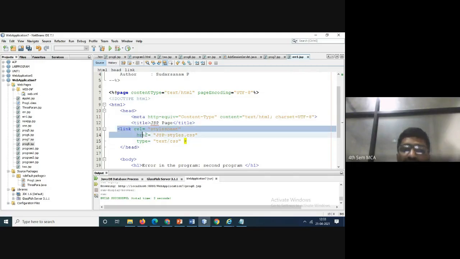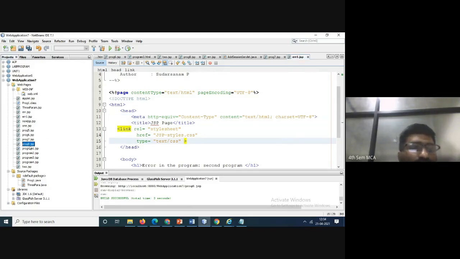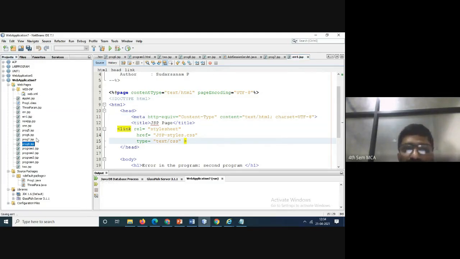Actually, this is the standard format for the JSP files. Even if you are not writing it, it will work, no problem. But this is what you are supposed to write in the examination, or you can write this also. Okay, either one can be written. See now, even if I run this, there are no errors.